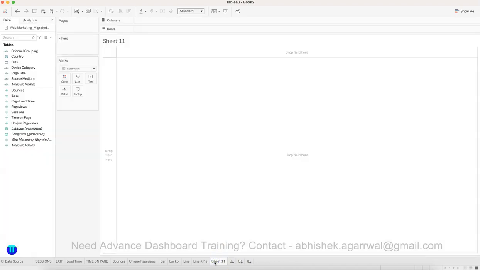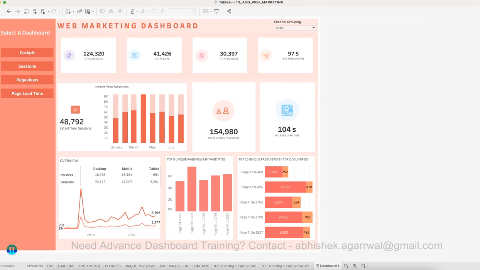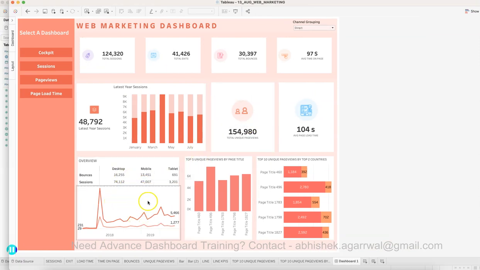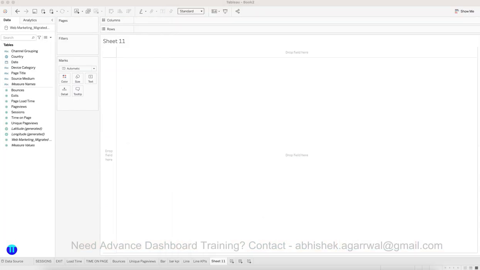The next is basically the 2-bar chart that I am having. If I remember, or if I show you, this is the table and this is the chart we have created, but top 5 unique page views by page title and top 10 unique page views by 2 countries. So these 2 charts we will create. So these are the 2 countries. One is the United States, another one is India. These are the top 2 countries, which are looking at these top 5 pages. So this is a tricky situation which I created, top 5 unique pages with top 2 countries. Okay, so over here we will call it top 5